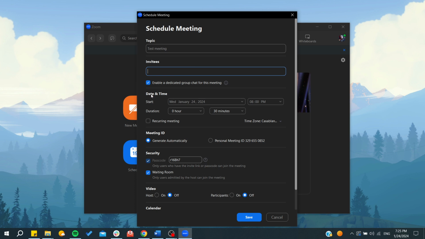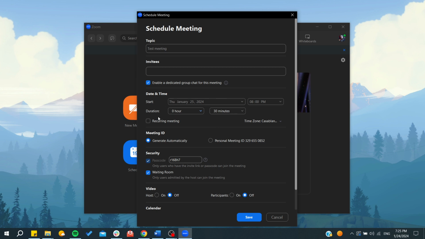And here, this is the important part, is the date and time of the scheduling. So basically, you will need just to add a starting point from a date and having a time, of course. You can set a duration for your meeting. So if you have a 30 minutes meeting, it will end at 30 minutes from the